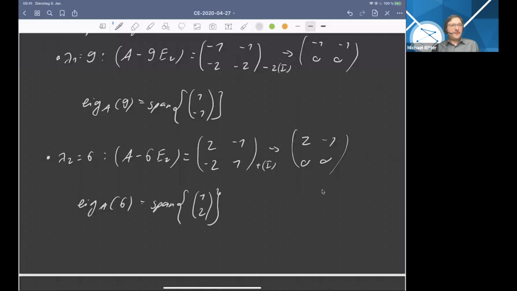Okay, so we have two eigenvectors, and we can see easily that those are linearly independent, so they form a basis of R2. So we have a basis of R2 that consists of eigenvectors of A, and that means A can be diagonalized. So A can be transformed to a diagonal matrix